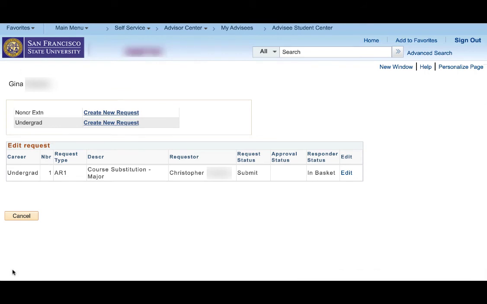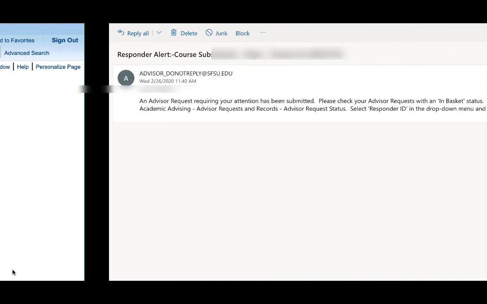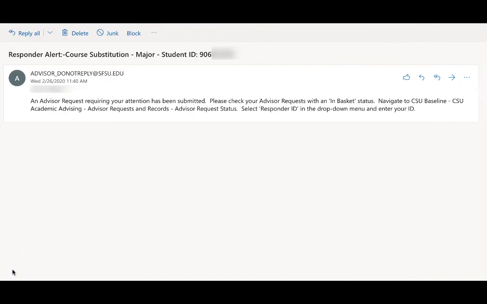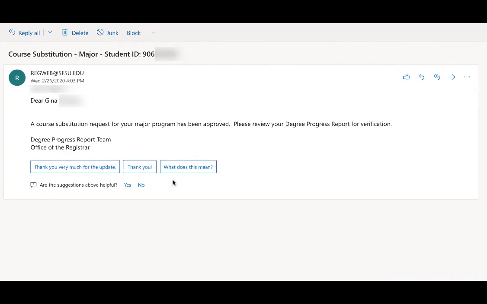Once a request has been submitted, the responder will receive an email notification, such as this example email, stating that a request is ready for processing. Once a request has been processed, the responder will close the request in the system. After a final status is entered by the responder, the request will be placed in queue of our batch notification